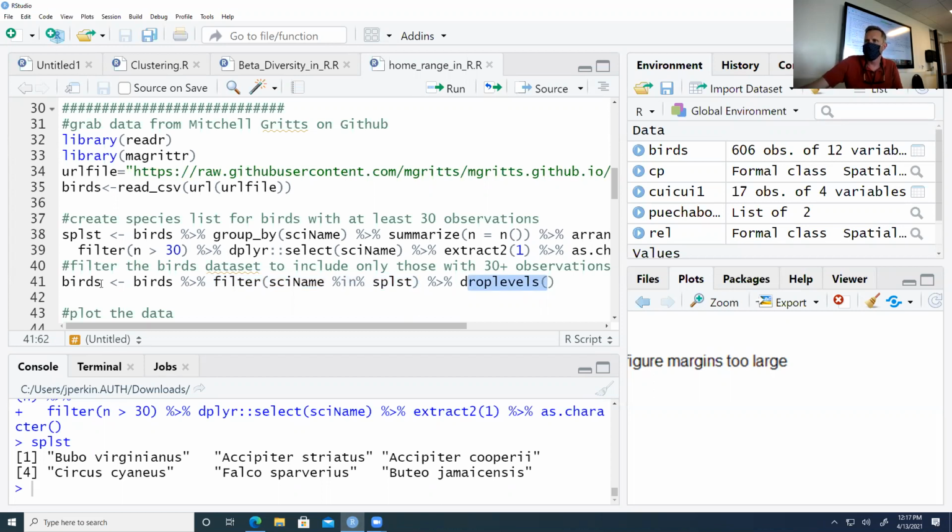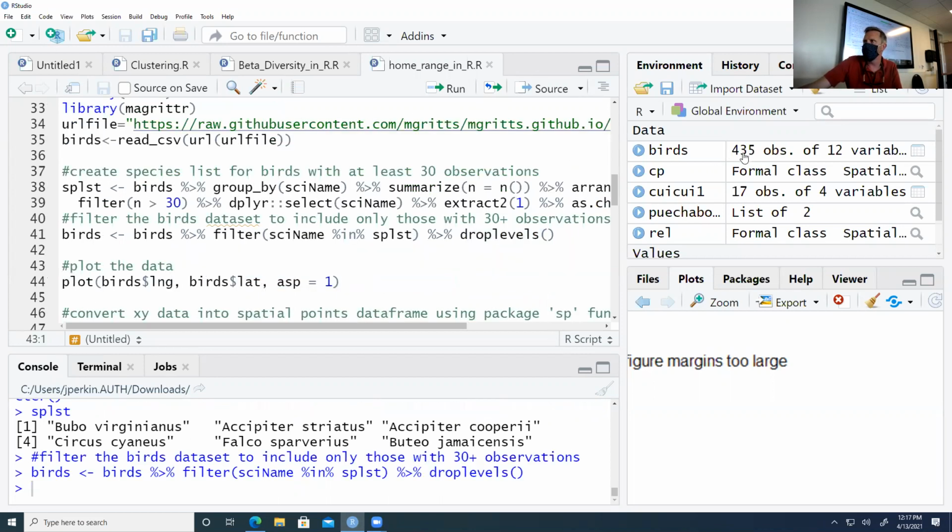Okay, and so when I run this, what I want you to notice is that birds goes from 606 observations to 435 observations. We still have all 12 variables, all 12 columns in there, but we've subset the data only to retain birds that have at least 30 observations, okay? So a little bit of processing there that you may not have to do if you come into this with your own data. But the output from that, we can plot this,